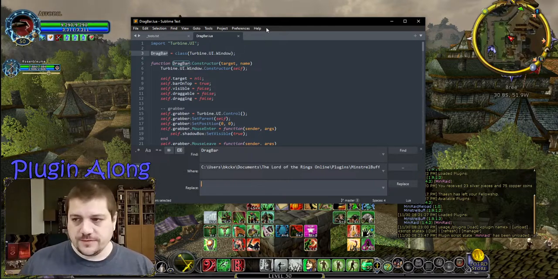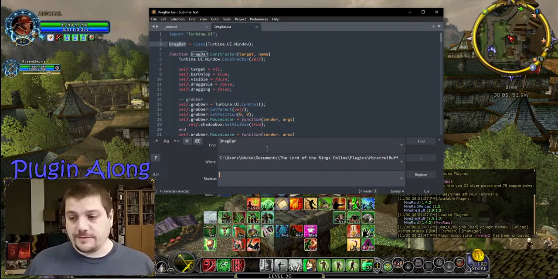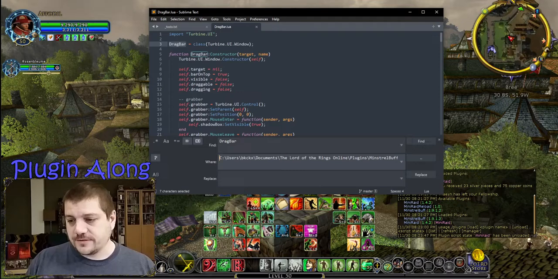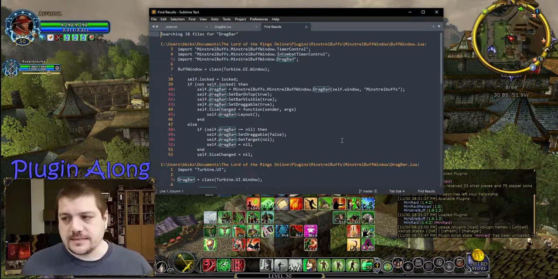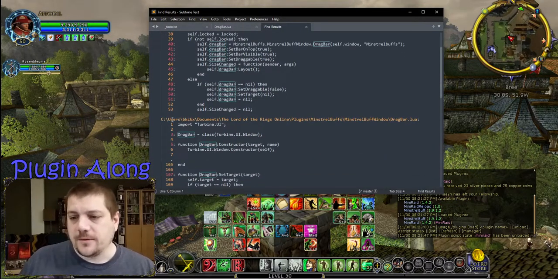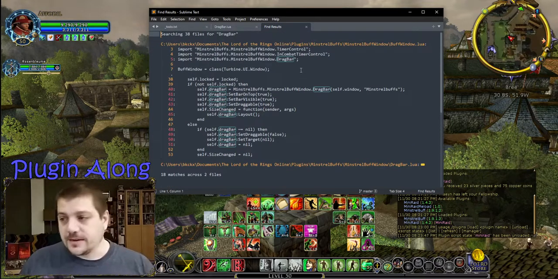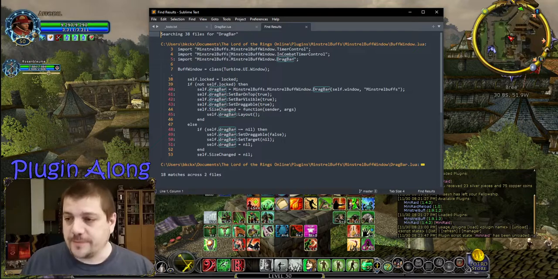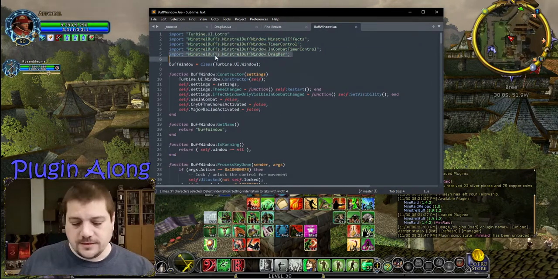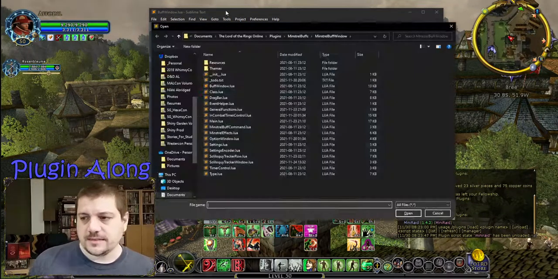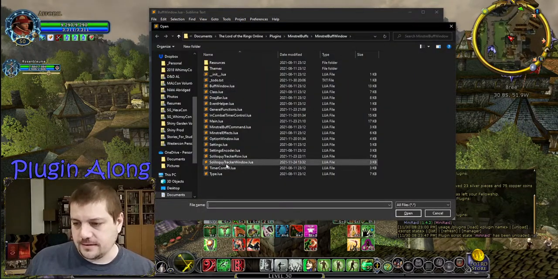If your tool of choice supports it, I'm going to do a recursive search in the MinstrelBuff directory for the phrase drag bar and just see where it's being used. All right, we can see it's being used in drag bar itself. That's not very helpful, but we can also see, yes, indeed, it's being used in buff window. Sweet. So if I wanted to use this in my Soliloquy of Spirit window, let's go ahead and